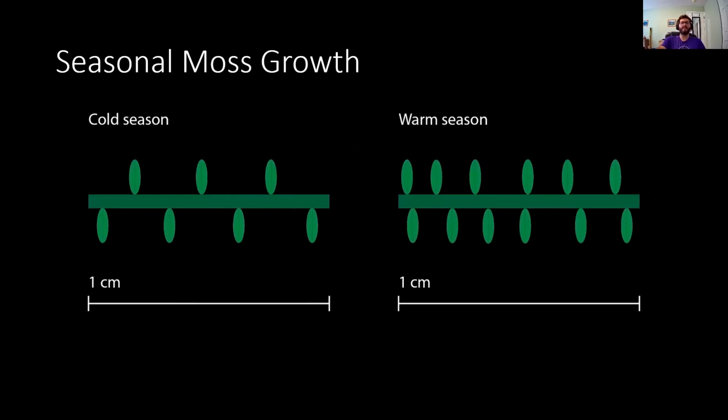We have some evidence of modern mosses in the Arctic showing seasonal growth patterns. On the left, you can see the cold season, where there are fewer leaves per centimeter of moss stem than on the right in the warm season. By finding and isolating moss strands, I can measure their isotopic values to see if there's a difference in the cold and warm seasons of moss growth. If clear differences between the strands are present, I hope to develop this into a useful lake sediment-based proxy for seasonality. I've just finished sampling the mosses and chironomids, and I'm currently preparing them for measurement on the IRMS.